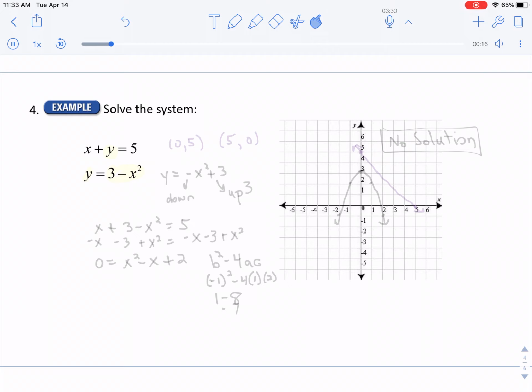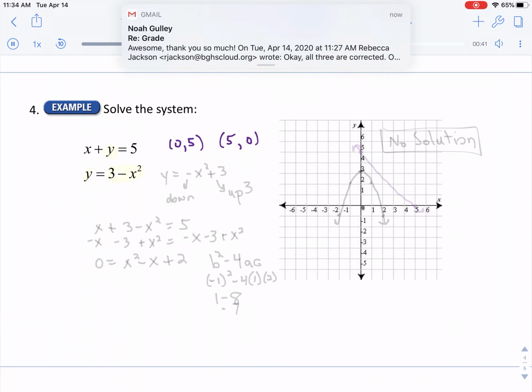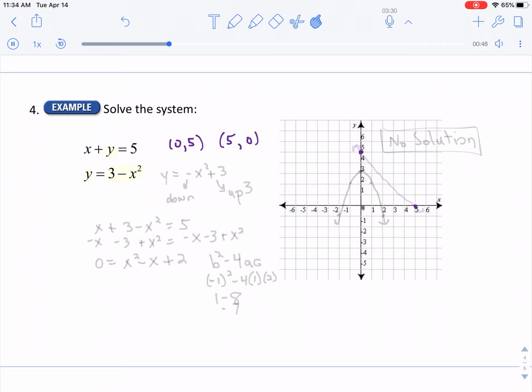So by graphing, the first one, I can use the cover-up method. If I cover up the x, that's letting x be 0, and if x is 0, then y is 5. And then if I cover up the y, that's letting y be 0, so x is 5. So I get the points (0, 5) and (5, 0). Two points make a line, so if I connect those,